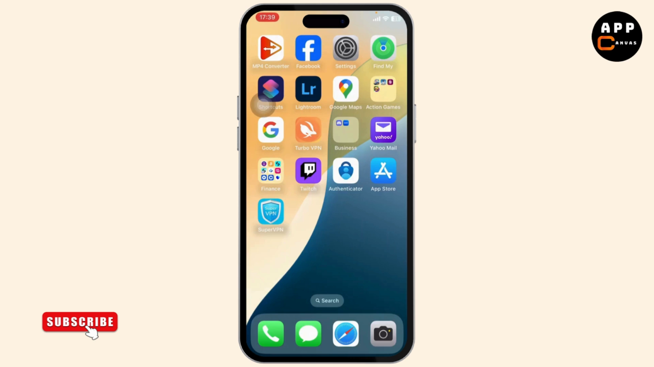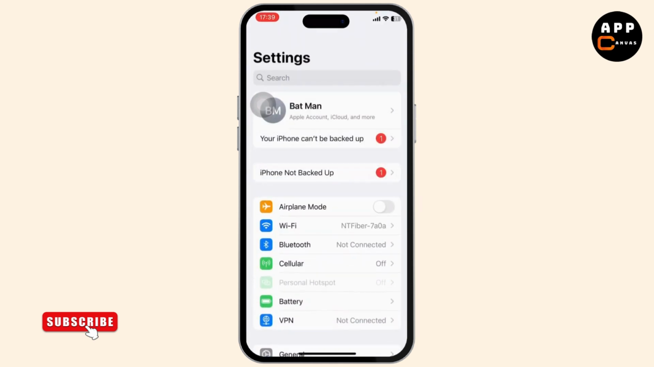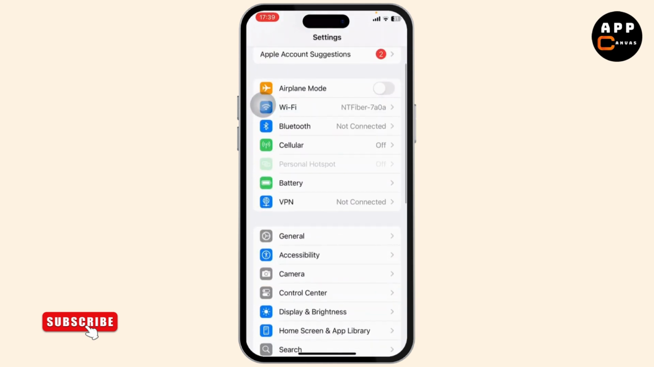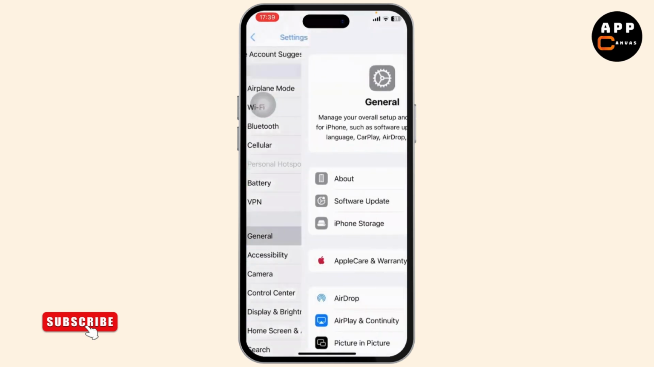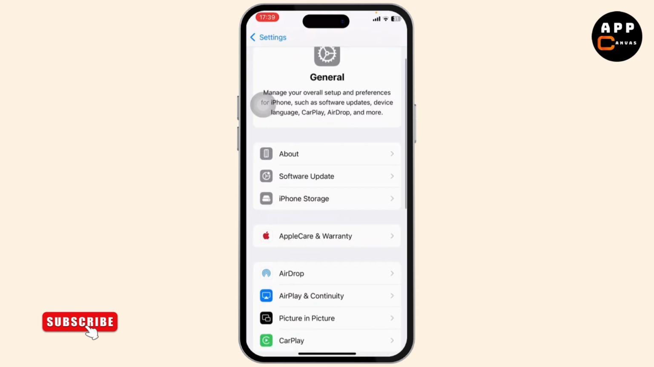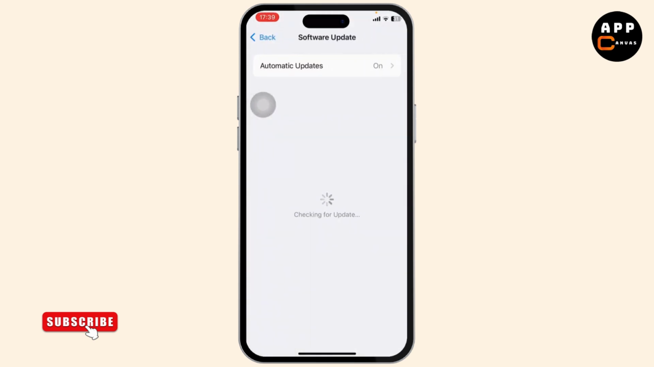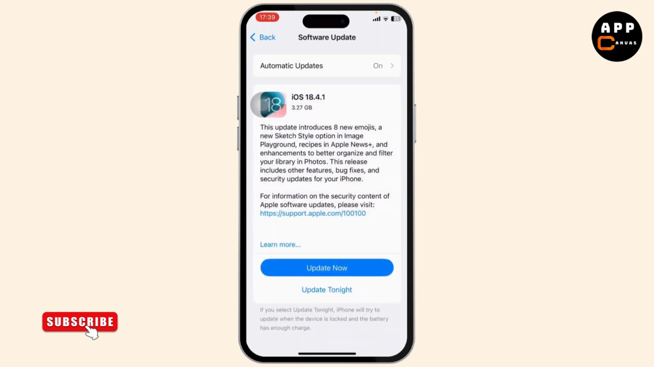So what you'll need to do for this is first head over to your settings, and on your settings scroll down till you find general. Tap on general, and on general simply scroll down till you find software update. It's right here. Tap on software update. Now check for any software updates available, and if you do find a software update, tap on update now to